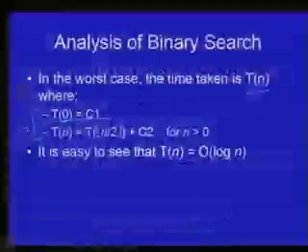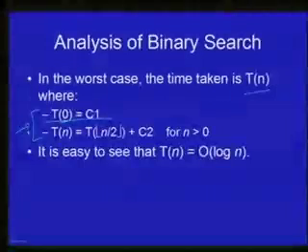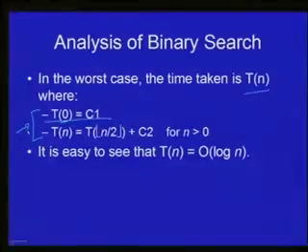And this recurrence relation, of course, should be familiar to you from the last lecture when we looked at the square and multiply algorithm. This is exactly the same recurrence relation, and as we saw last time, we can solve it to obtain the fact that T(n) is order log n, which means that the time being taken by this algorithm is proportional to log n instead of n, and the number of elements of the array that we are looking at in the worst case is just log n instead of looking at all the n elements.